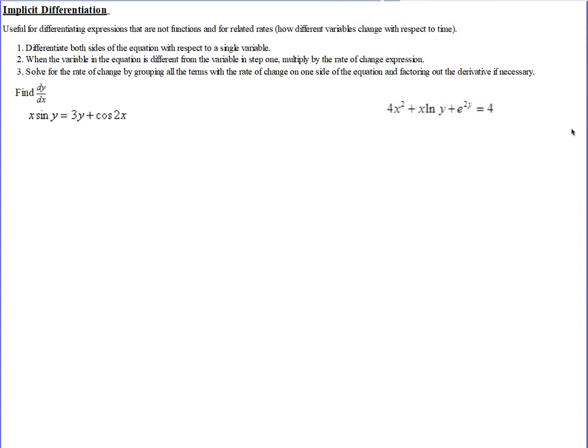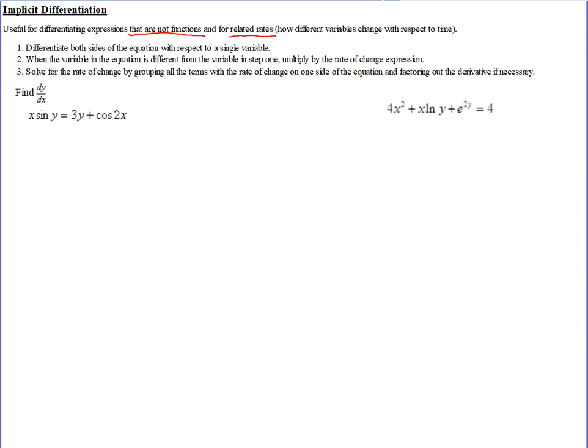These are the notes for AP Calculus on the topics of implicit differentiation and the second derivative test. So implicit differentiation, remember, is used when you're finding the derivative of expressions that are not functions. And also for related rates problems, which we'll review later when we're applying these to real-world problems where things change